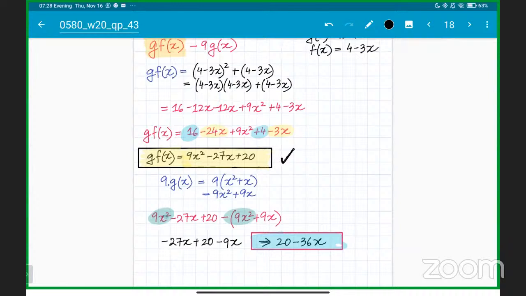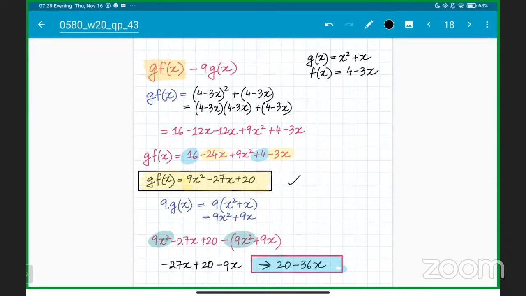Did you get g f x? How I found g f x, right? Yes. Yeah, very good. So the second part